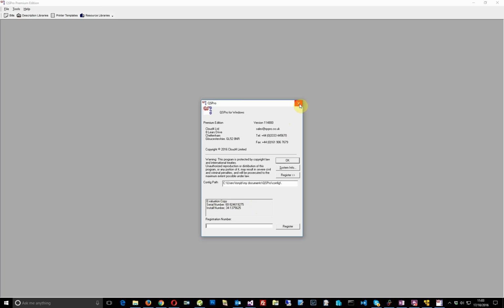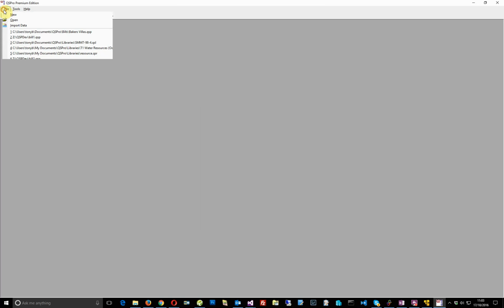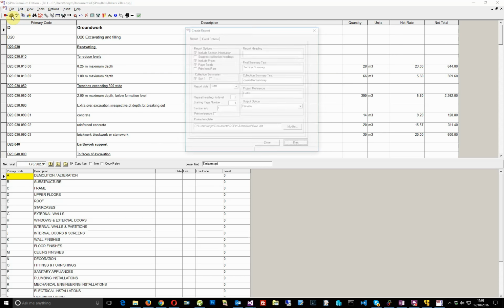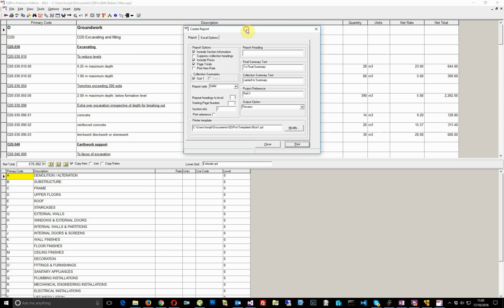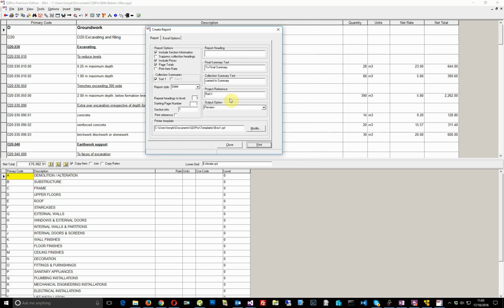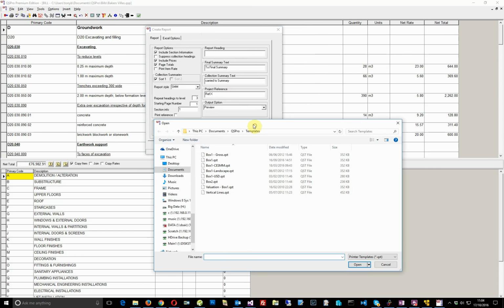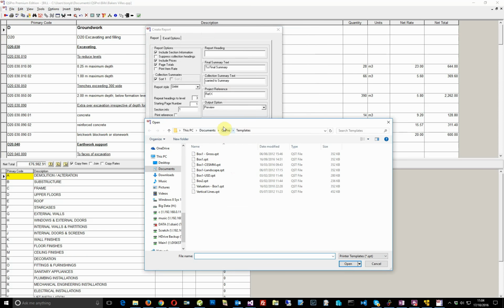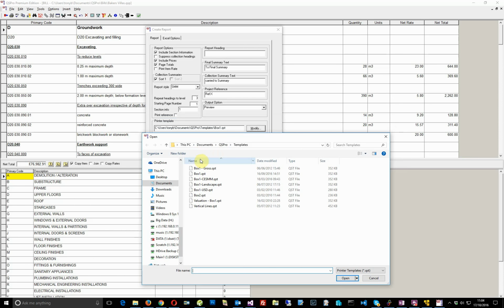Now, because it's an evaluation copy, if I load a bill, let's choose Baker's Villas, it's one of my favourites, press print. The other thing to note is that when you press print, the bill is printed to a template, and the template that it uses is shown in this box here. When you first start QSPro, this box may not point to the right directory, so let's just check. You need to use a printer template, that by default is stored in your Documents directory,